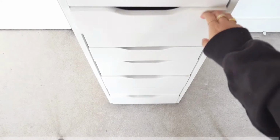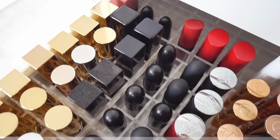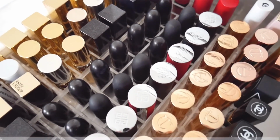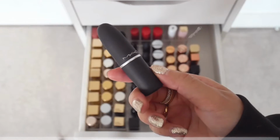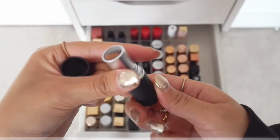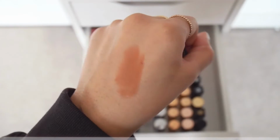Now we move on to one of my visually satisfying drawers. It is the lipstick drawer. This drawer wasn't actually messy, so I've just left it and not thrown anything out. If you guys have seen my Get Ready With Me's, you guys know that Impulsive by MAC is my all-time favorite nude shade. It is just the perfect kind of like teddy bear, peachy undertone, and it works so well